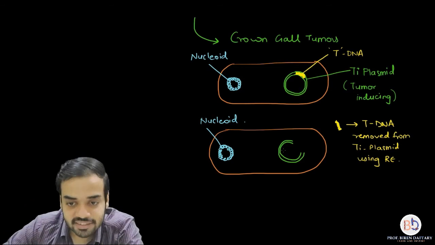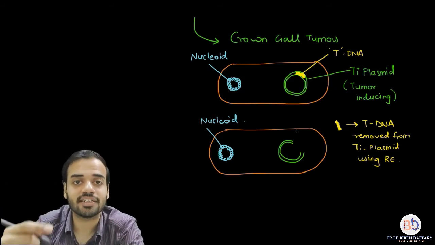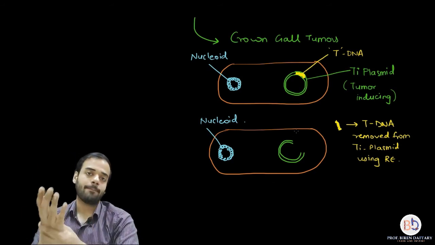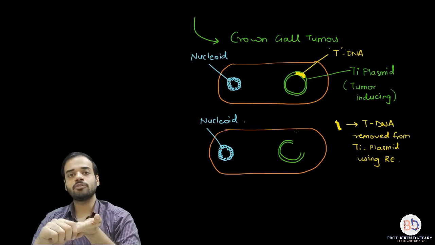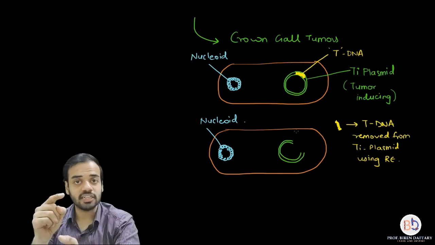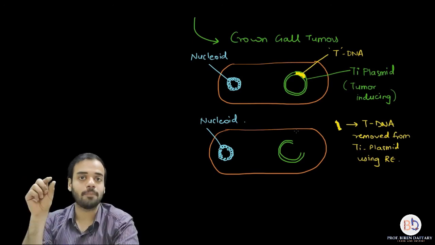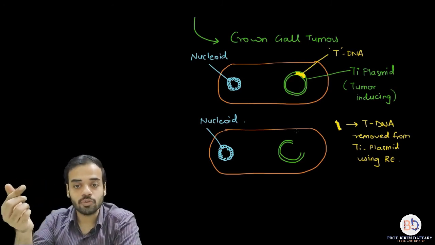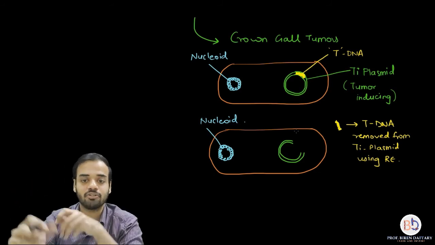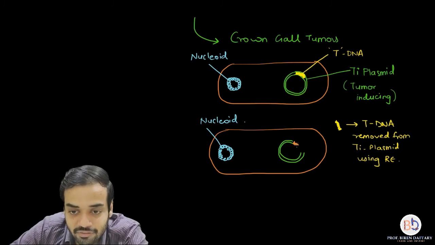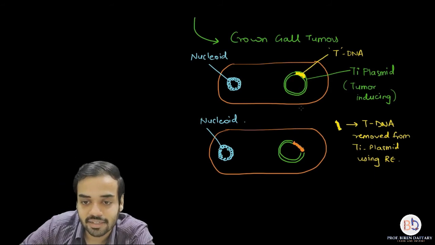Now in that empty area you can insert the required gene which you want to insert. Suppose I take the example of an apple tree, and the trees are giving apple fruits which are small in size, and I know of a gene which, if I insert it into the apple plant, will increase the size of the apples. That will be my desired gene. I will show that desired gene in orange color and attach it to the Ti plasmid. So over here you can see I have entered the desired gene.